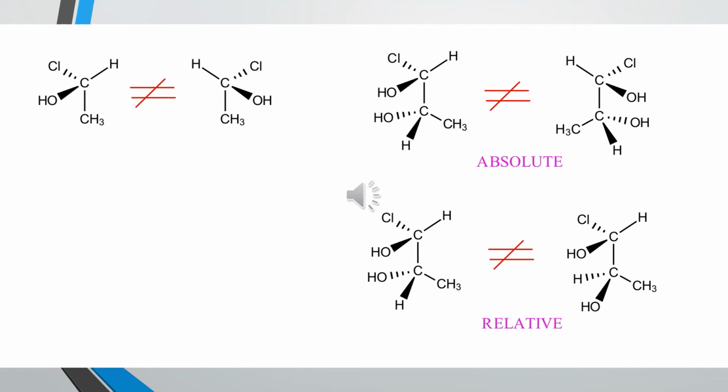Number one, when you measure what's called their optical rotation, which is how these molecules interact with plane polarized light in an instrument called a polarimeter, one form rotates the plane of polarized light in one direction by x degrees, and the other form rotates it in the opposite direction by the same number of degrees, clockwise or counterclockwise,